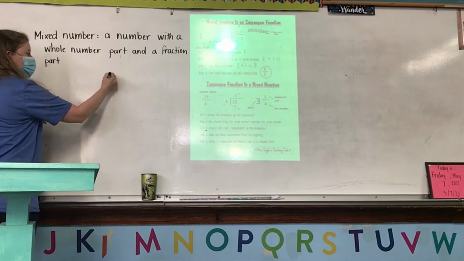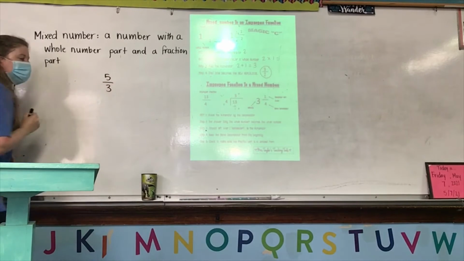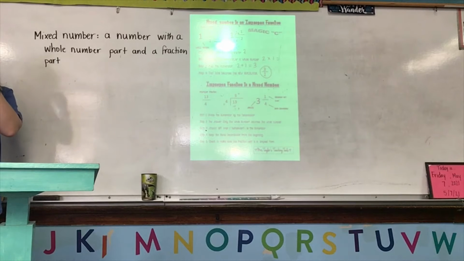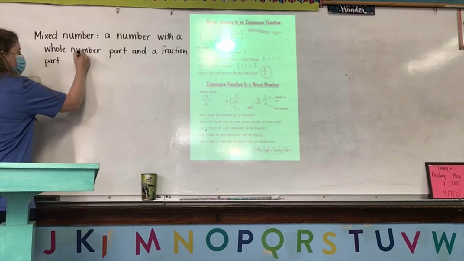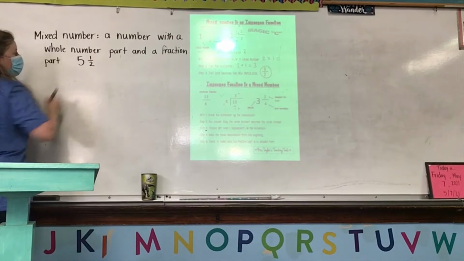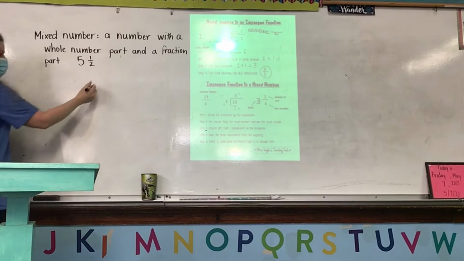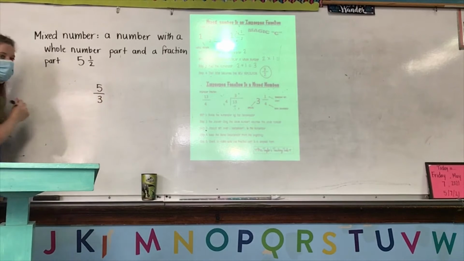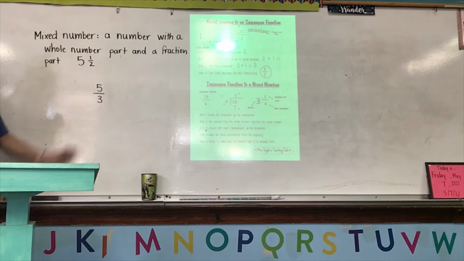We cannot use this as part of a mixed number. Lena? 5 and 1/2. 5 and 1/2. We never, ever, ever had any fractions where the numerator was larger than the denominator, because this is